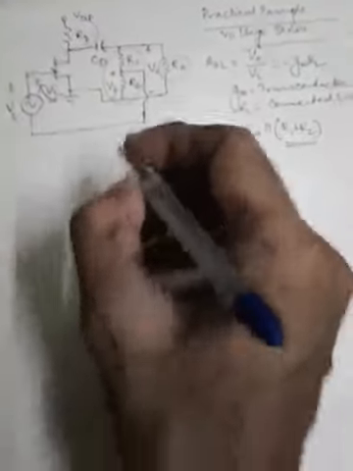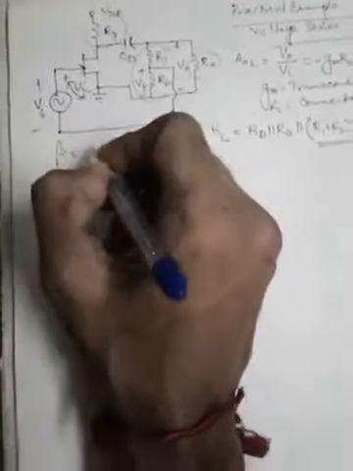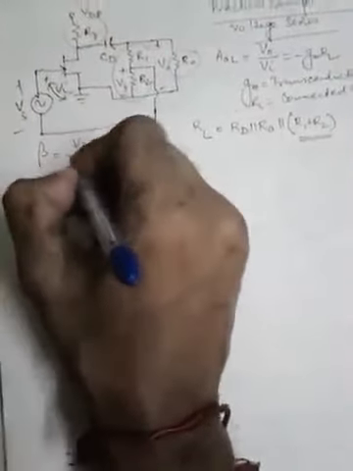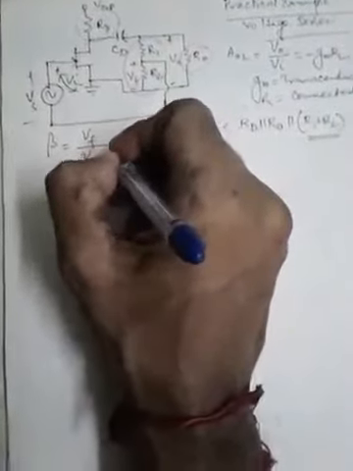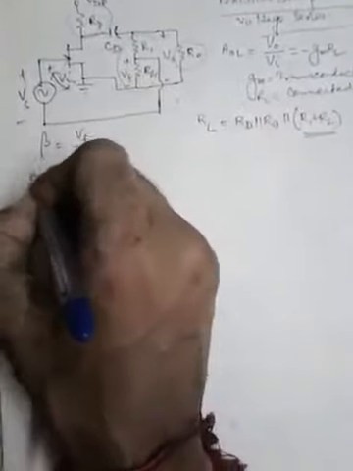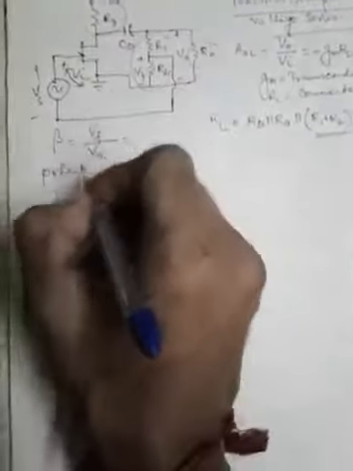Parallel with that feedback network R1 plus R2, the RD and RO are also parallelly connected, and the equivalent of all these resistances is RL, which is treated as the load resistance in this case. That should be used for this formula where RL is being shown. Now the feedback network that provides feedback factor beta, that means the feedback gain or reverse transmission factor, should be denoted by Vf by Vo in this case. And that is applying potential divider rule in this circuit at the output.